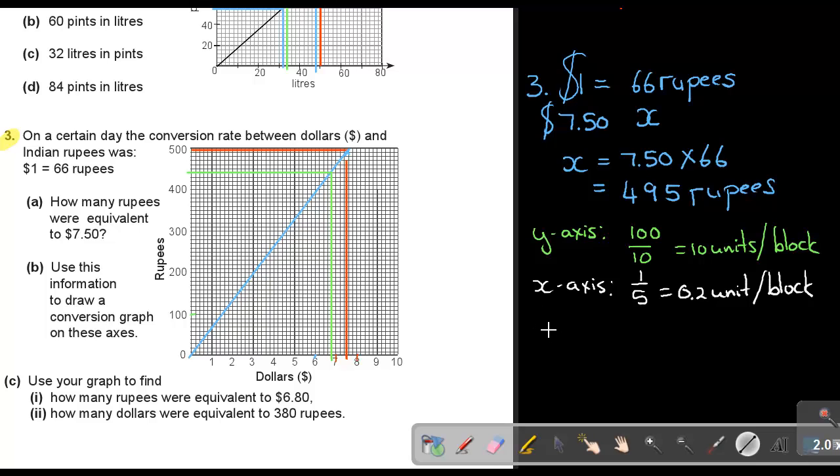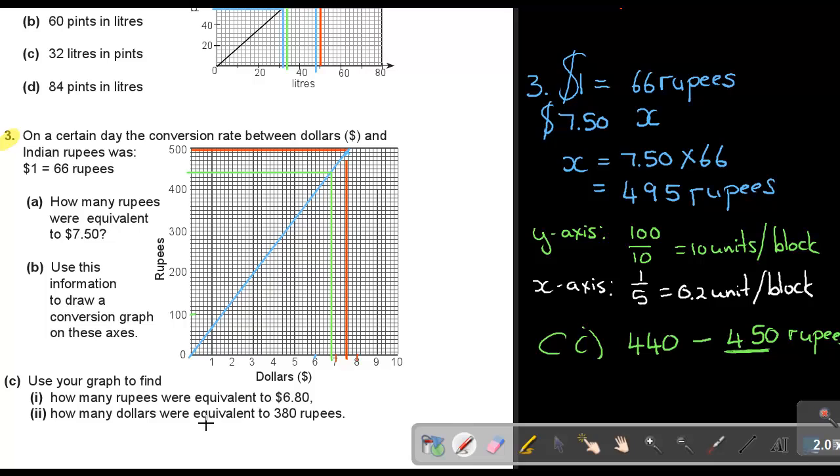So let's say if we take an answer, let's call it C. Let's just get our pen correct. So if you take an answer of 440 to 450 rupees, anything in between that will be correct. I think if you do it accurately on graph paper, you will get closer to 450.